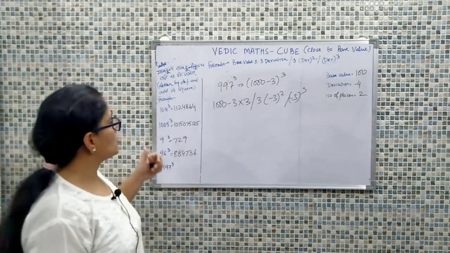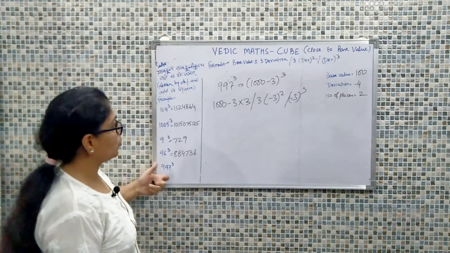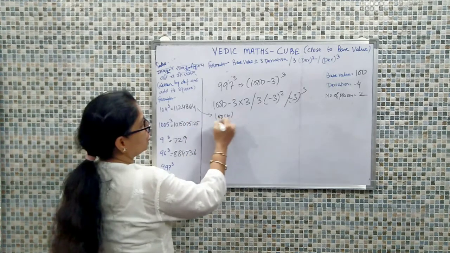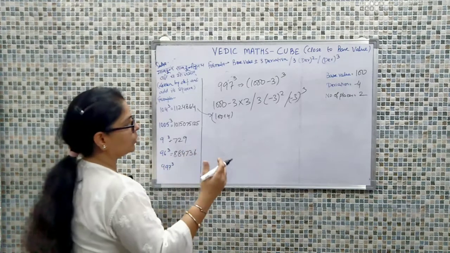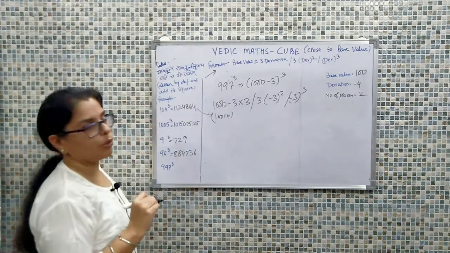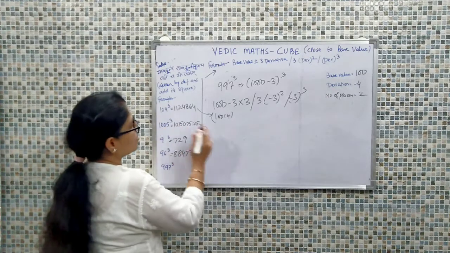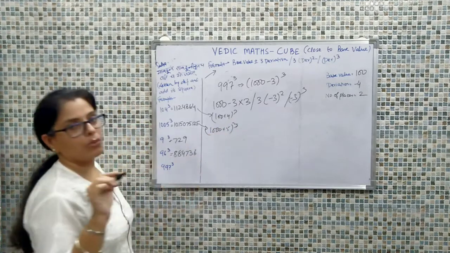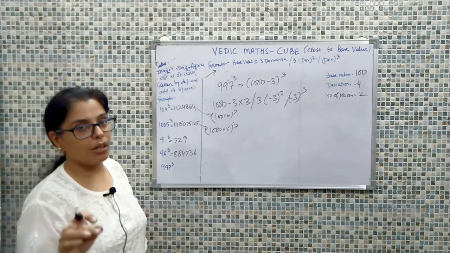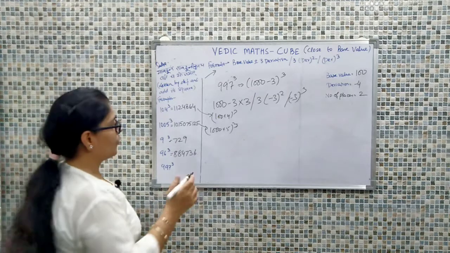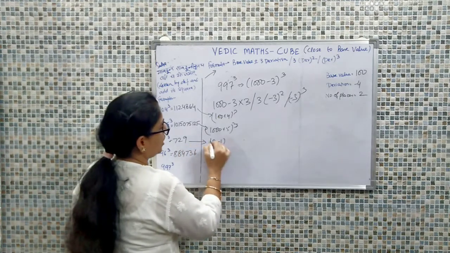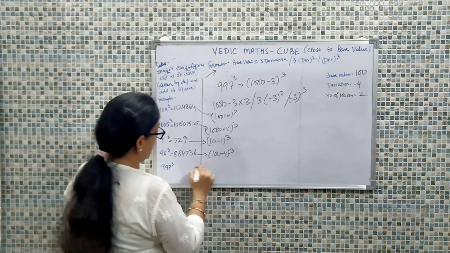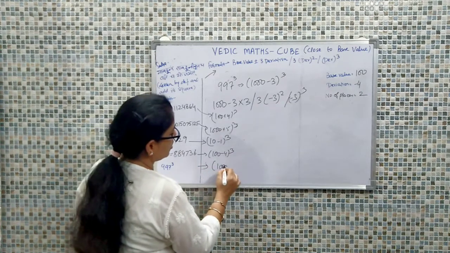Summing up the discussion, we have taken 4 examples and 1 is your home task. That was 104. 104 was close to 100, so it was like 100 plus 4. You just need to remember this particular formula. Next that was 1005, so that was 1000 plus 5. Another thing you need to make sure is the number of places, because if the number of places is less, obviously we have to insert a 0 over there. Next was 9, so 9 was 10 minus 1 whole cube. Next was 96, so 96 was 100 minus 4 whole cube. And the next was 997, so that was 1000 minus 3 whole cube.